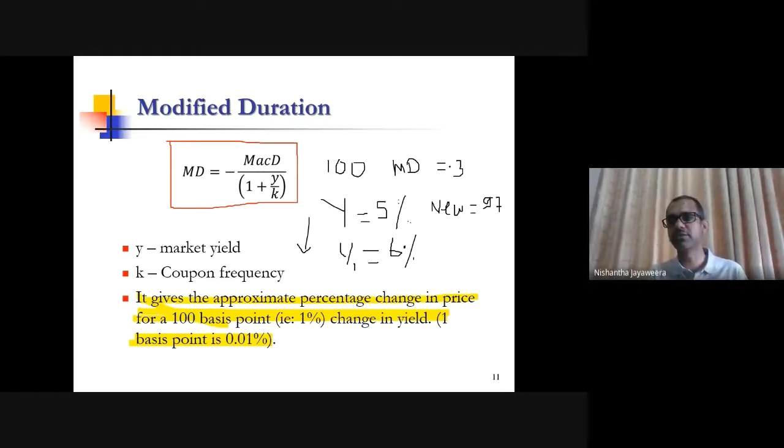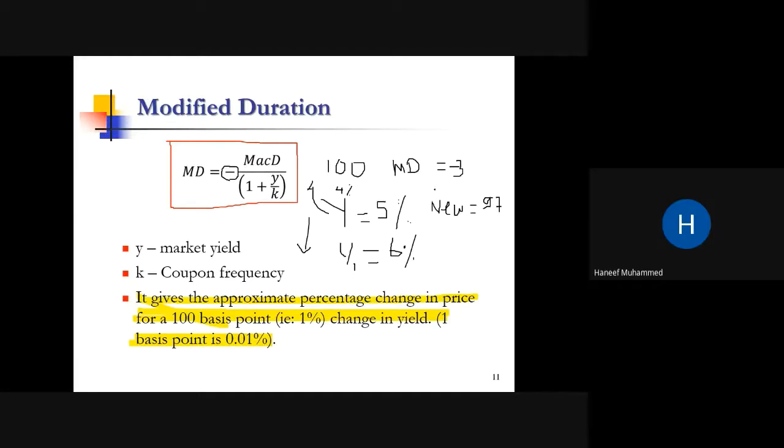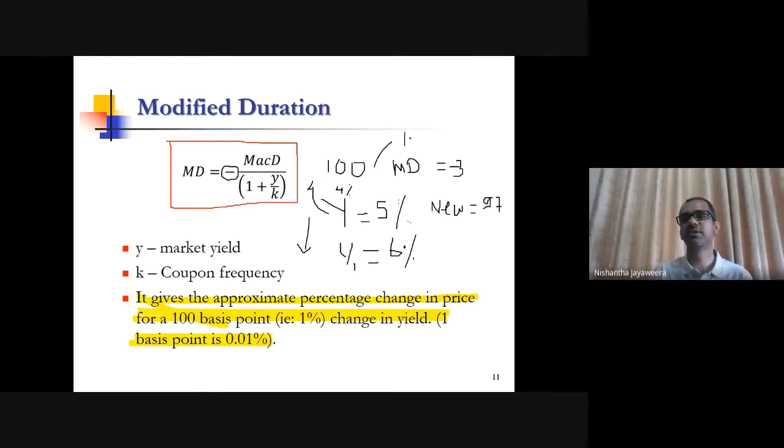Generally we don't use that sign, but in the equation, the negative sign indicates that the price moves in the opposite direction to the yield change. If the yield decreases to 4%, the price moves to 103. But remember, this is only an